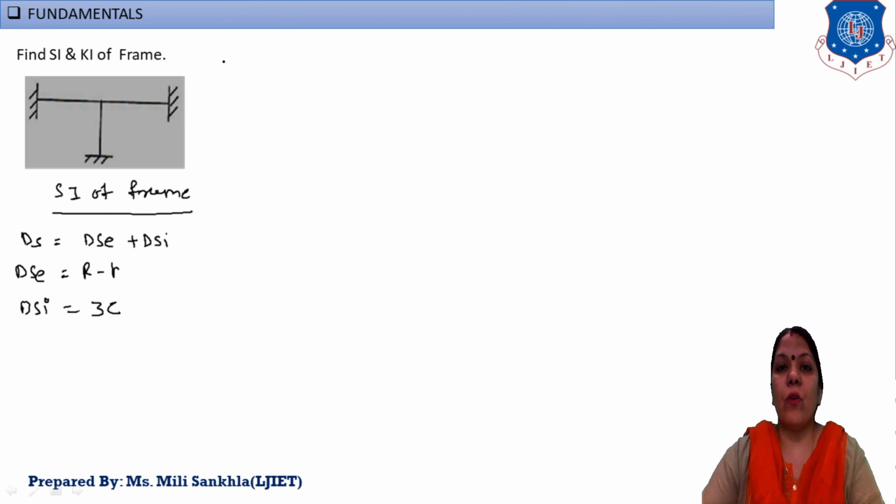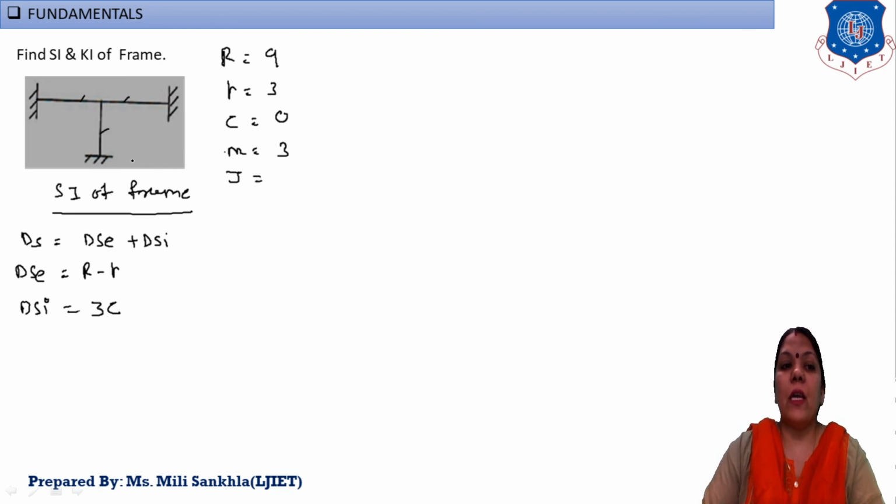First of all, write down the unknown values, capital R, small r, C, then members and also joints. One by one, capital R, fix, that means 3 is a 9. Small r is equal to 3. Cell area enclosed by members of frame. Here no area is enclosed by members of the frame, so C is equal to 0. Number of members 1, 2 and 3. So right here 3. j for joint 1, 2, 3 and this middle joint 4. j is equal to 4.